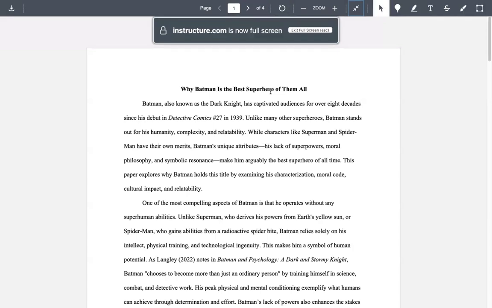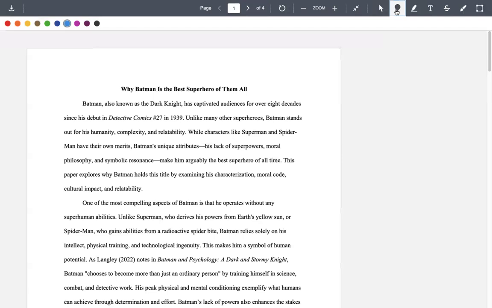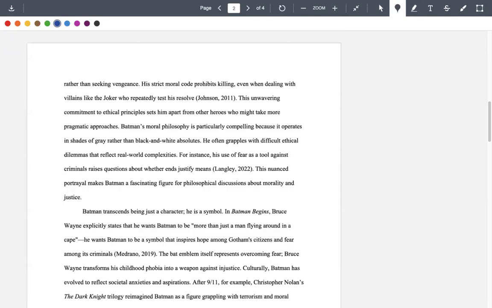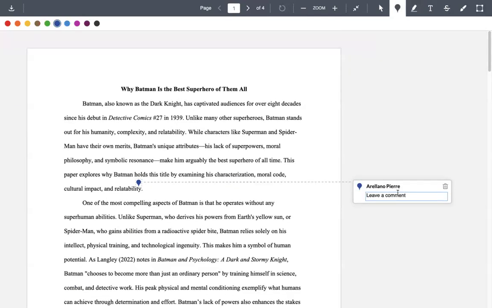And then what I want specifically is for you to give comments on their paper and give them helpful feedback as a way to help them improve their document. So you click on this option here and then choose whatever color you like. Let's go with blue here, dark blue. And then leave a comment. So maybe this is the thesis statement, and maybe it's not as clear. And this is just an example, so who knows? I just threw in a quick paper here with references. And then maybe I would say something along the lines of like this